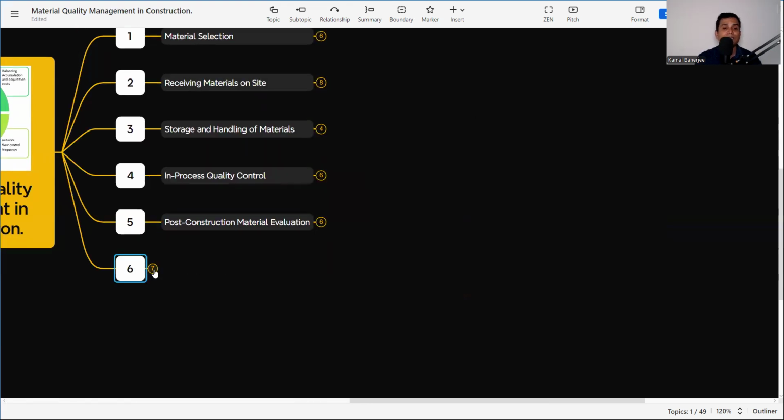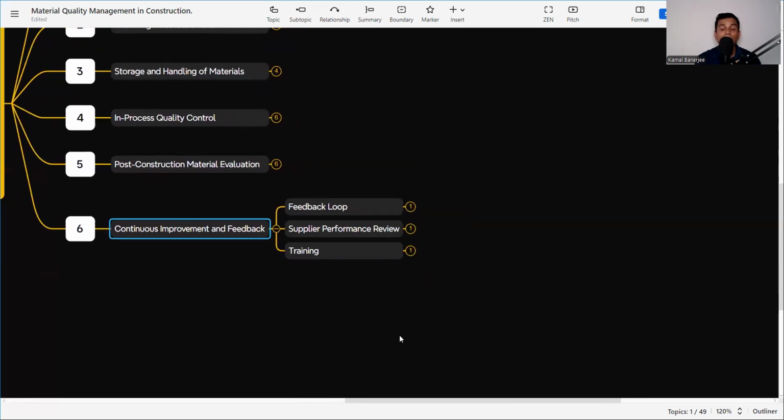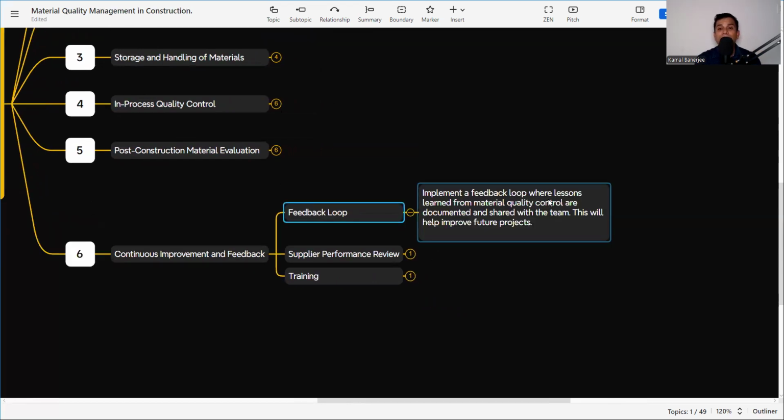The next part is continuous improvement and feedback. Why is continuous improvement and feedback important? Because whatever process we are following, whatever work we are doing, it is a continuous process, and every time we need to redefine the process in order to get better product conformity for customer satisfaction. So create a feedback loop, where lessons learned from material quality controls